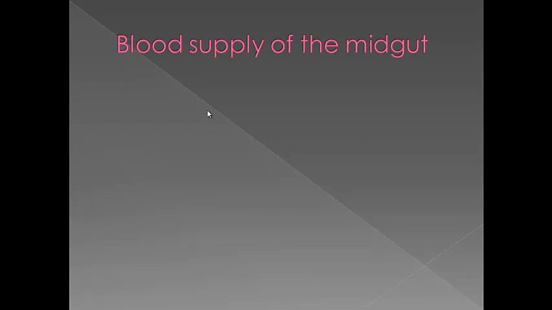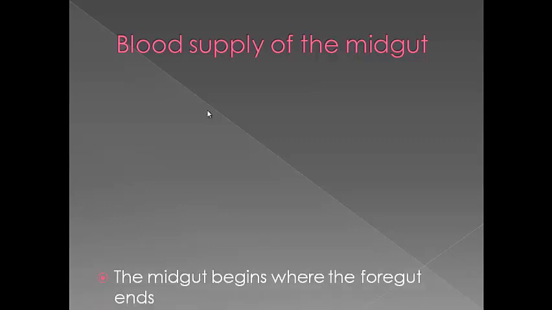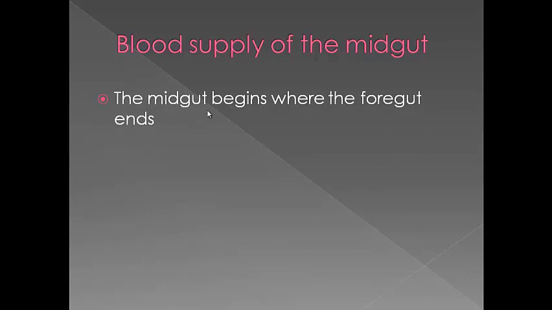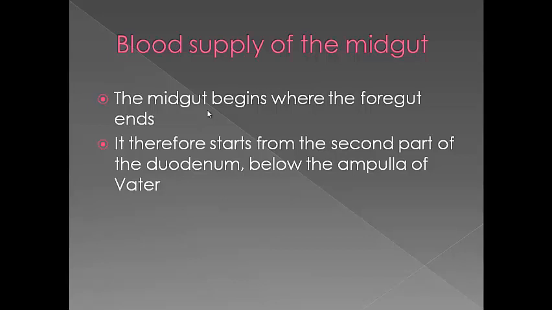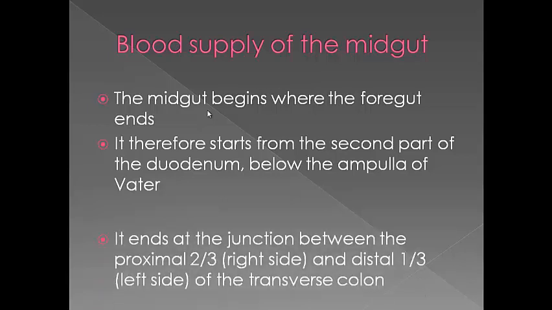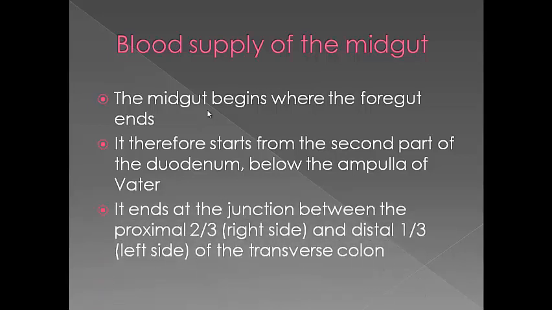Let's move on to the blood supply of the midgut, and remember, the end point of one gastrointestinal division is the starting point of the next one, so therefore, the midgut begins where the foregut ends. And it extends from the second part of the duodenum below the ampulla of Vater, and it will end at the junction between,